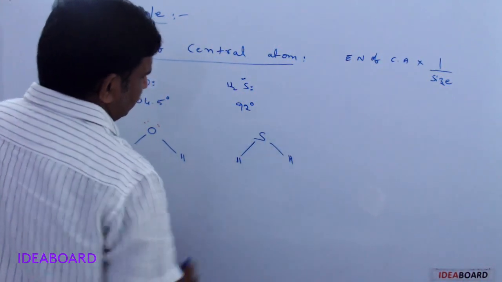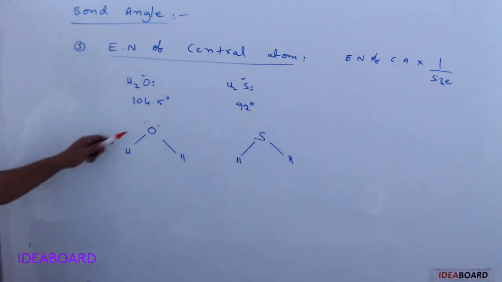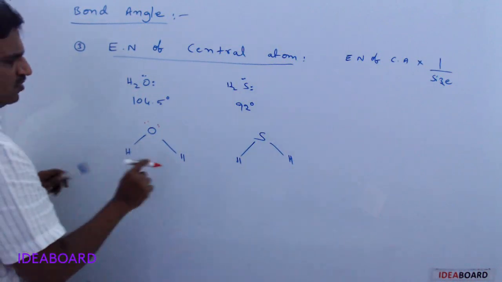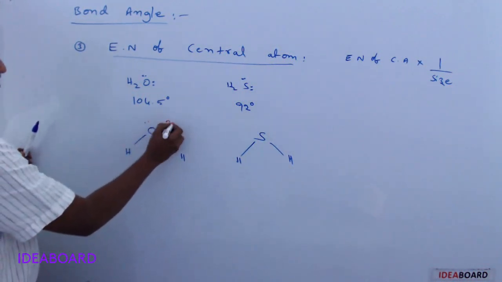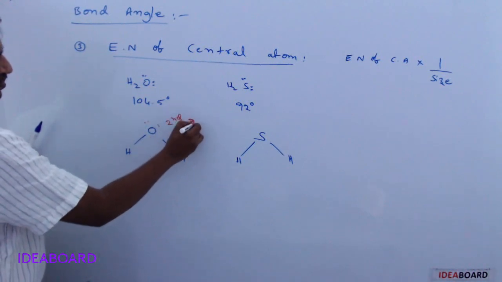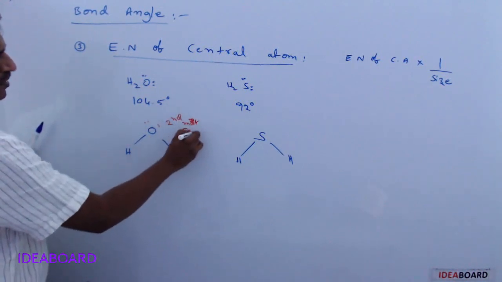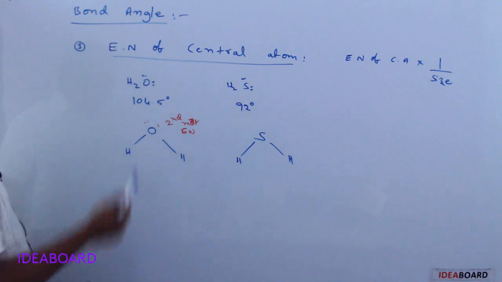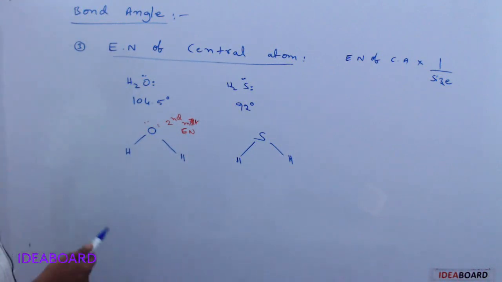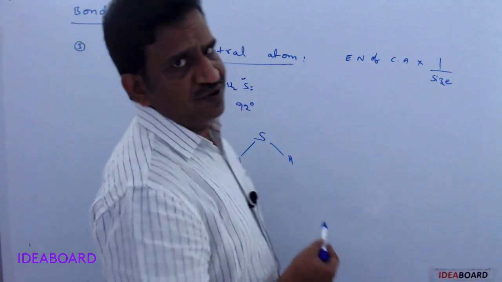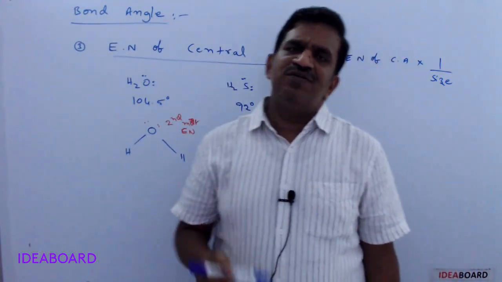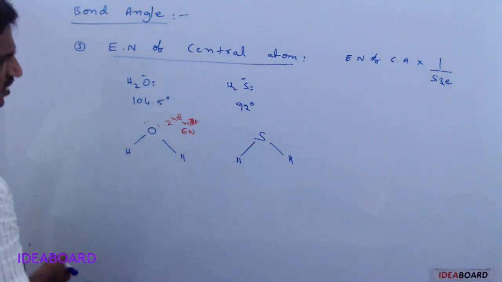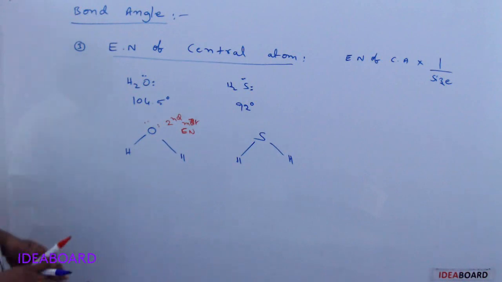If you check the electronegativity of oxygen and sulfur, which has the most? Oxygen definitely, because it is the second most electronegative element. Sulfur definitely has lesser than oxygen. In a group in the periodic table, from top to bottom, electronegativity values decrease. So here, if electronegativity is checked, oxygen has higher. Then what happens because of electronegativity?